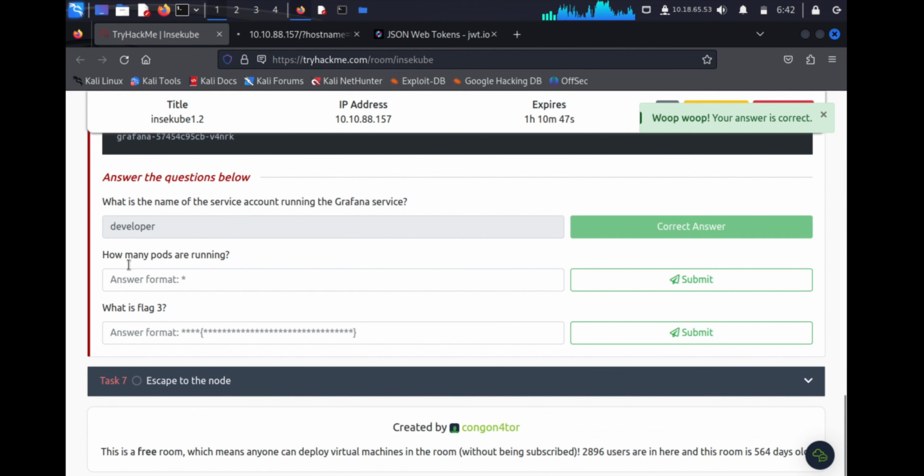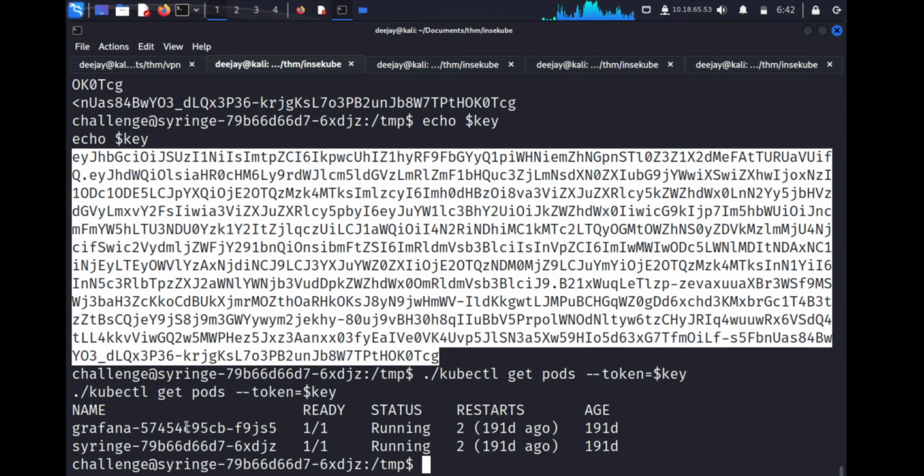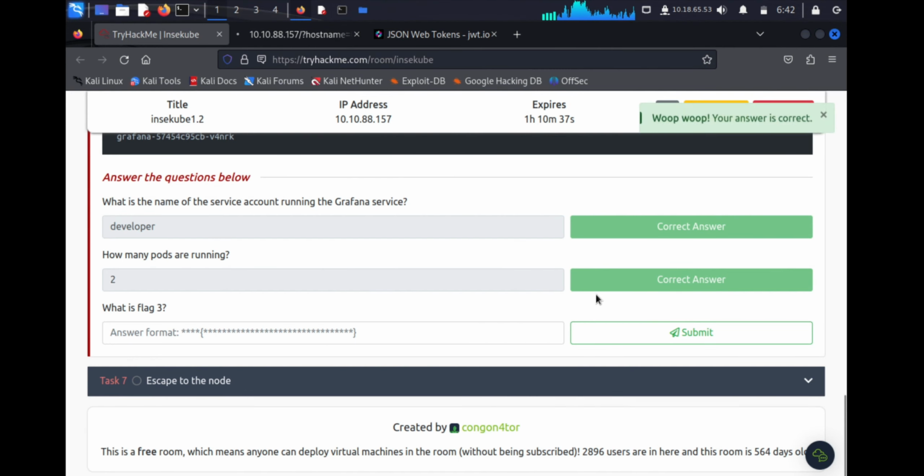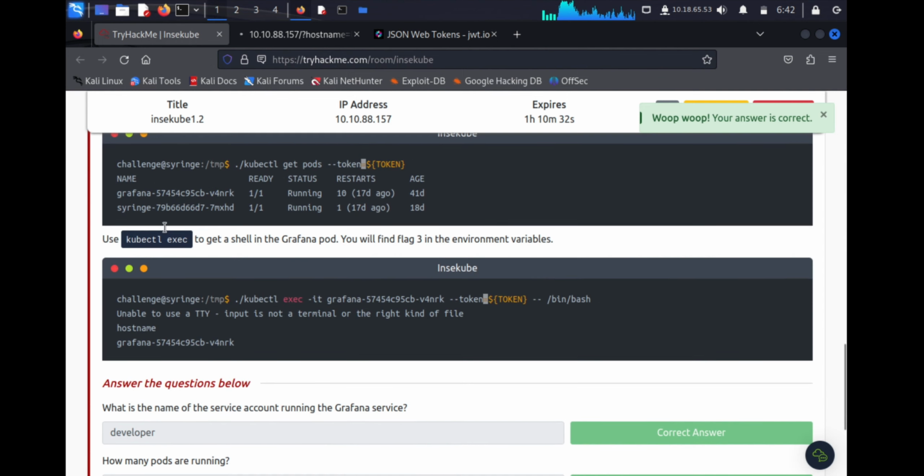Okay, then how many pods are running? So we know how many pods are running. These are the 2 pods are running on the Kubernetes. That's a correct answer. What is a flag 3 and where is a flag 3 first of all? So use kubectl exec to get the shell in the Grafana pod. You will find the flag 3. So now we have to take shell of this Grafana, and to execute this Grafana shell we need authentication, which